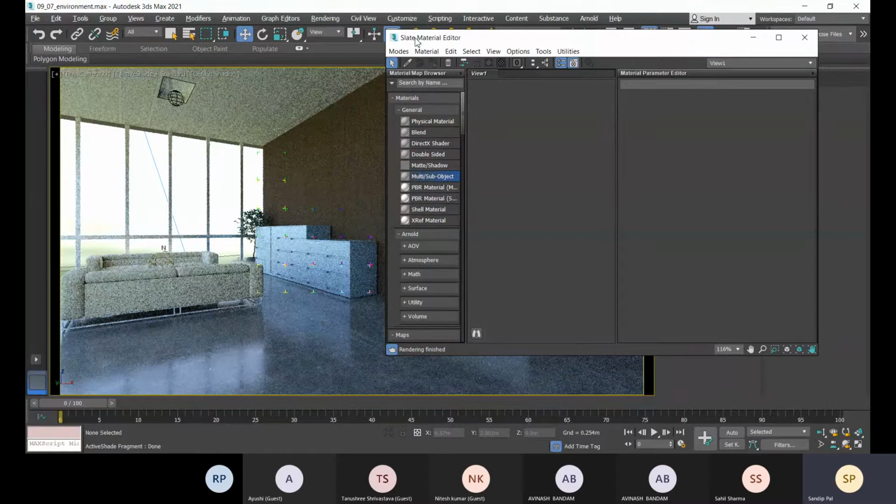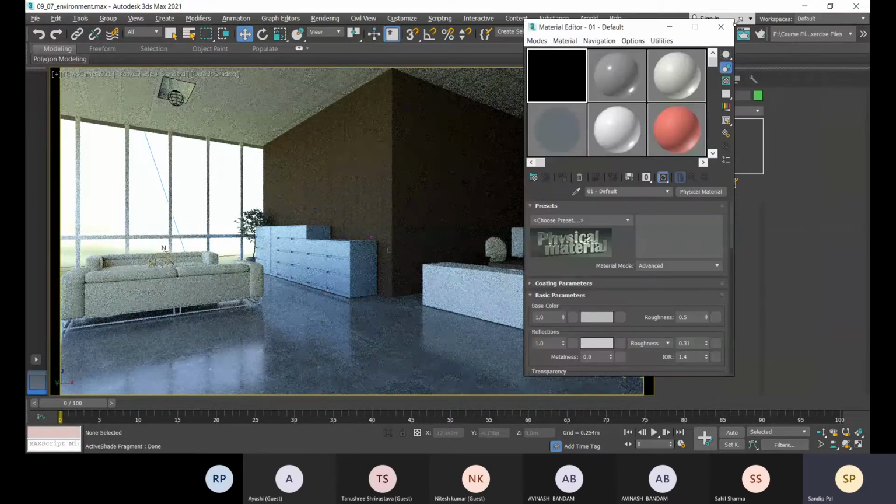Right now this mode is selected: slate material editor. We have two modes, the compact material editor and the slate material editor. The compact material editor is the oldest mode, from the beginning of 3ds Max.